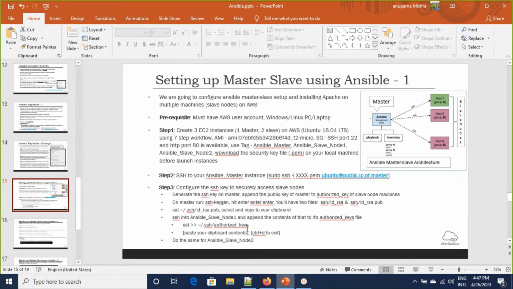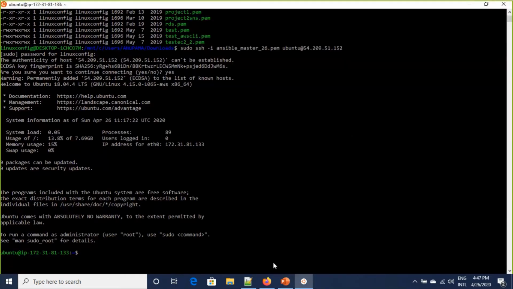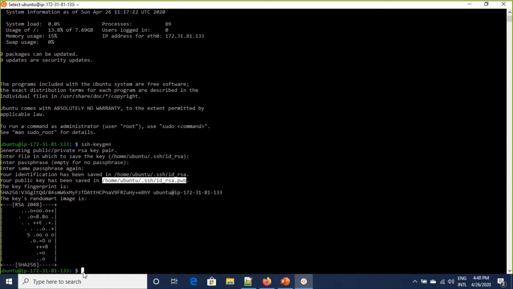We can generate an RSA public key. You can see it is there. So I can do the cat of this file.